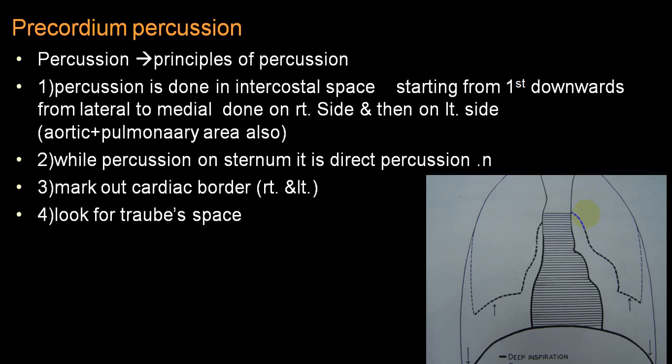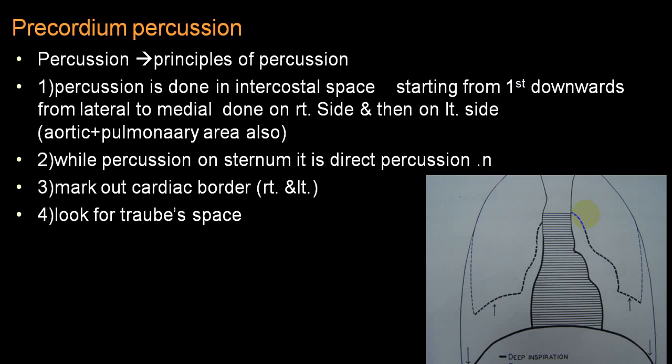side second intercostal space, it may be because of pulmonary hypertension, pulmonary artery aneurysm, massive pericardial effusion, which can produce a dullness in the left side second intercostal space. And also you can sometimes demonstrate an increased area of dullness because of a big left atrium. If the left atrium is massively enlarged, you can sometimes demonstrate an increased area of dullness in the left side second intercostal space.